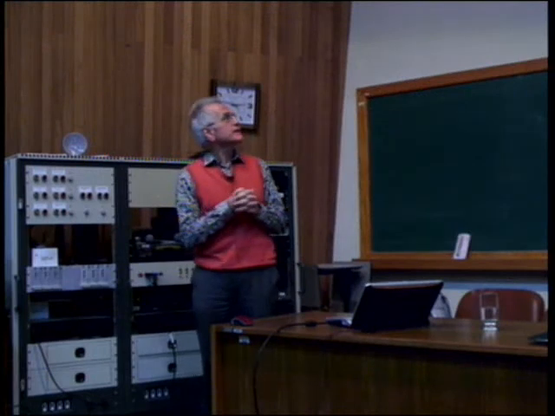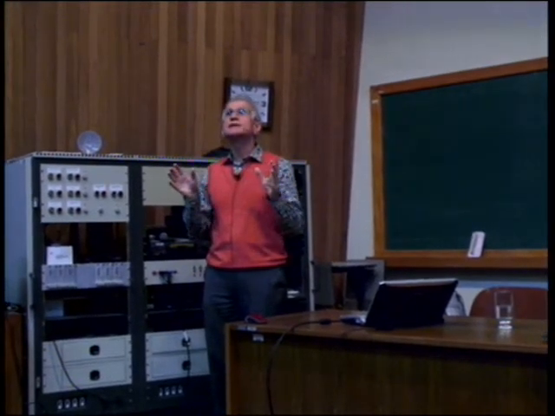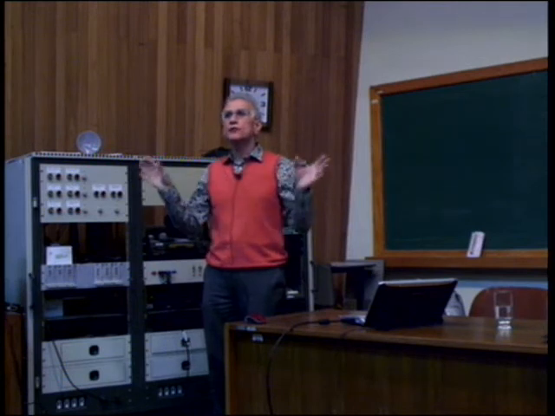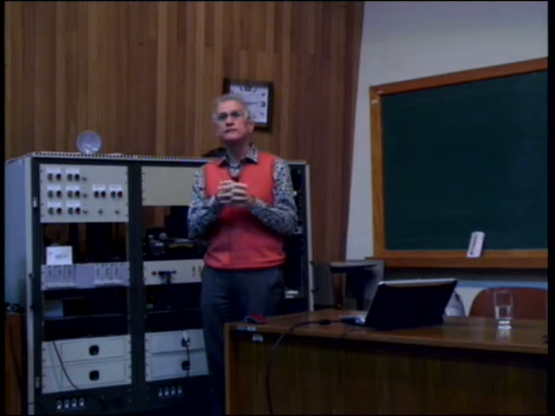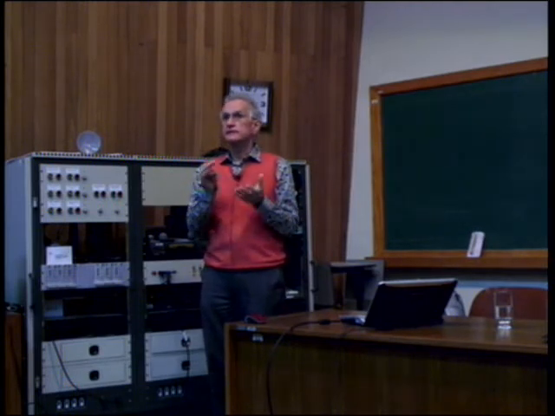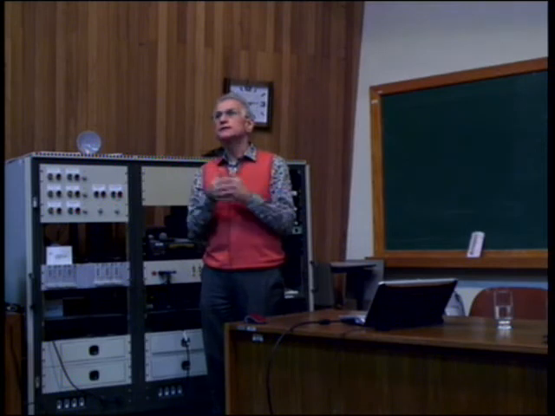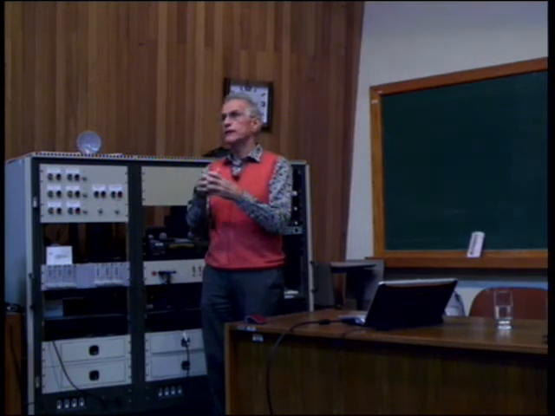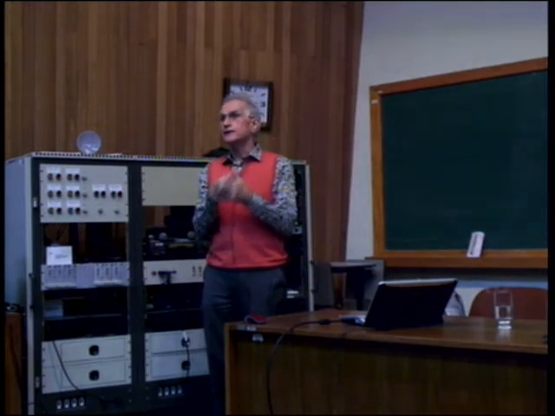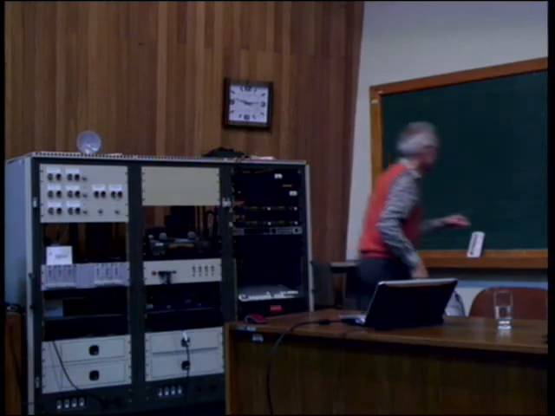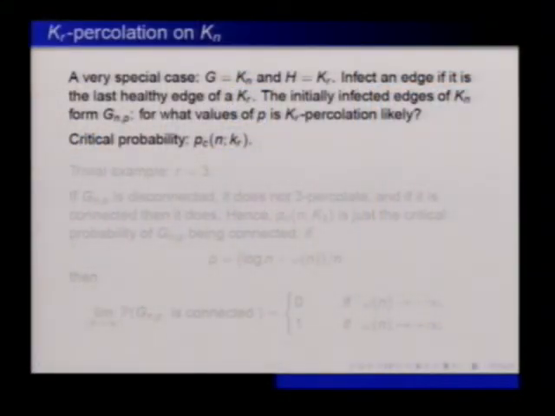give a very, very special case, just about the simplest you can think of. Everything is a complete graph. What can be easier than a complete graph? So our board G is a complete graph, and our graph, the infection, is going along a small complete graph. But now we play this particular game on the edge set. So you have a complete graph. Some of the edges are infected, and then